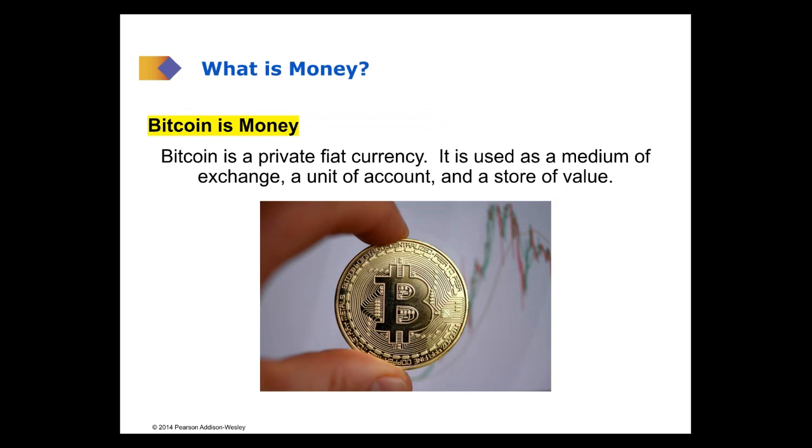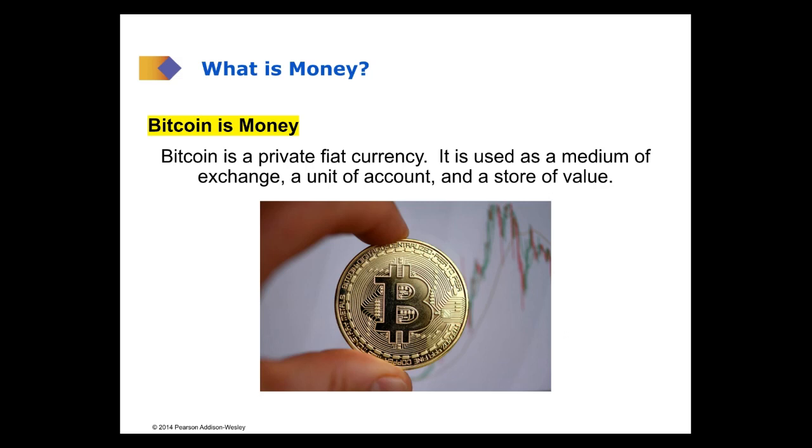And then we get to digital currencies, Bitcoin. Now, Bitcoin is money. Bitcoin is a private fiat currency. It's private because it's not been created or managed or controlled by any government, and it's fiat because there's really nothing of value backing it. It's a fiat money, just like the money that we have today, but it's a private fiat currency. Now, one of the values of Bitcoin is the fact that it's private. I think that provides some of the interest in Bitcoin, some of the demand for Bitcoin is for people who want to have a money that's not really controlled